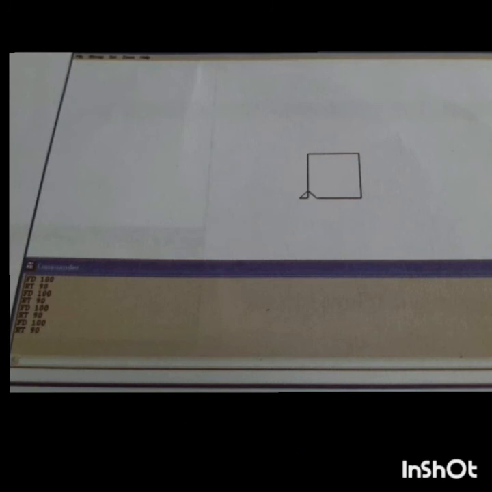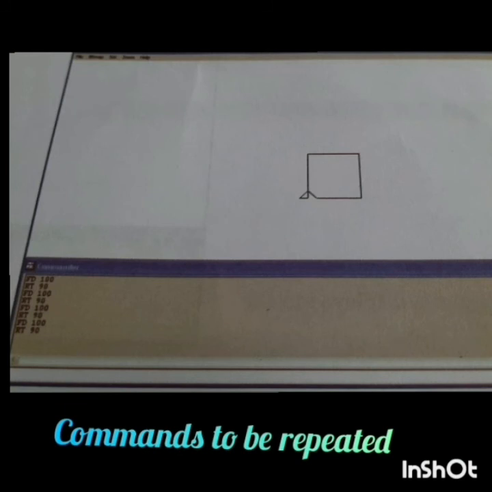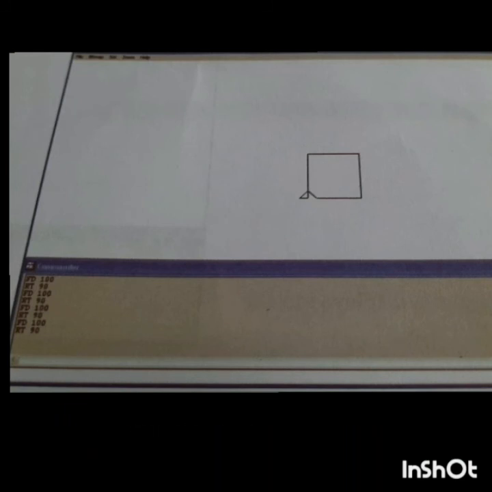The same process can be performed in just one line using the repeat command. The syntax for the repeat command is repeat, number of times to repeat, then the commands to be repeated. For example, to draw a square, instead of the above commands, we can now use the repeat command.